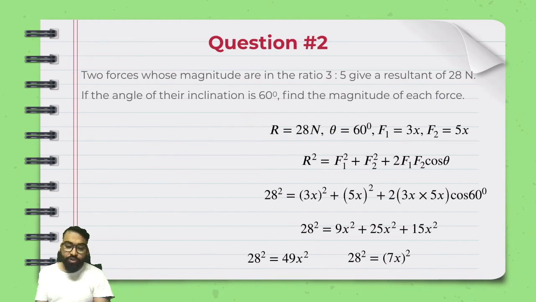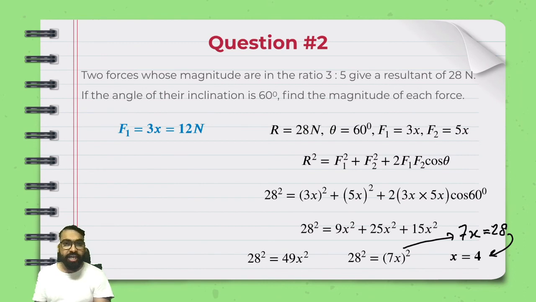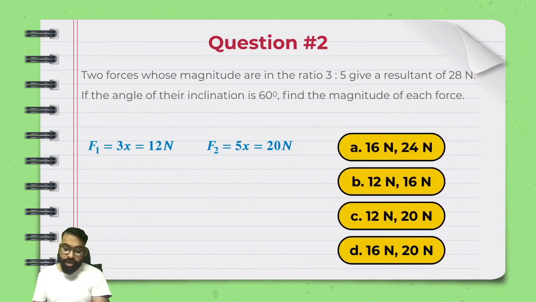And if you remove the square on both the sides, 7x equal to 28 means, right, I'll just write it down from here just in case anybody misses it. 7x equal to 28 means x equal to 4. Once you've gotten x equal to 4, your work is simple. You can say F1 is 3x, that is 12 Newton. F2 is 5x, that is 20 Newton. And if you talk about the options, I think you can easily say that over here C part is correct,